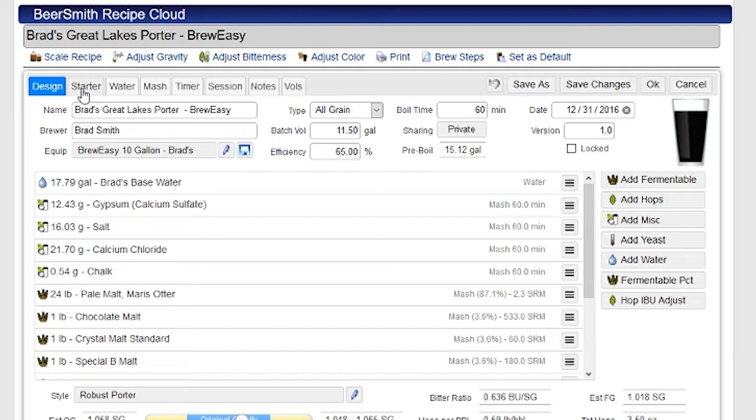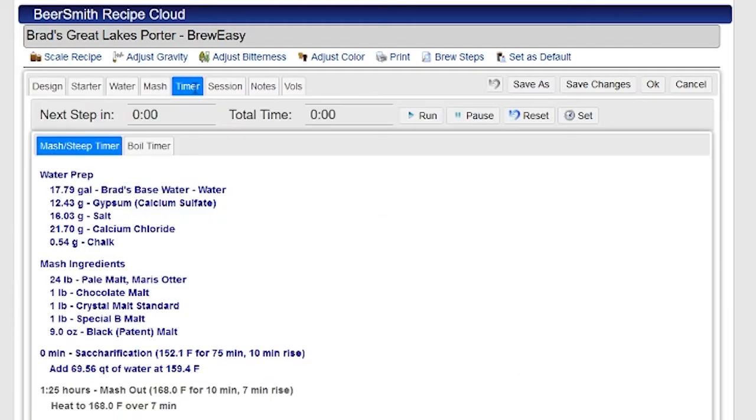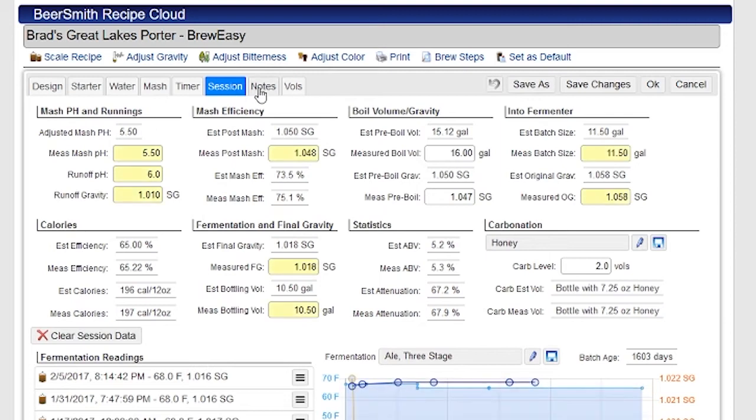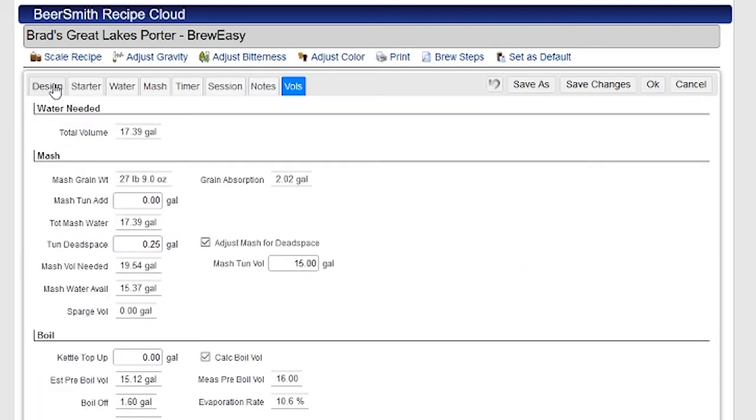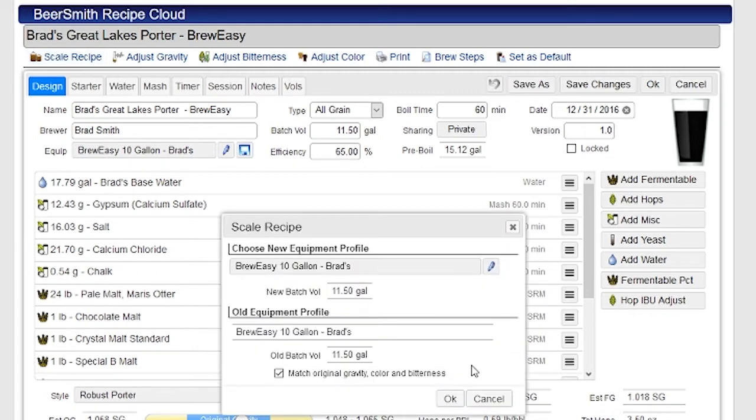Okay, so starting at the top, many of you are probably familiar with the different tab systems, and all the tabs are here. Basically the same as the desktop version, and I do have separate tutorials on each of these tabs that walk you through the details on how to use them. At the very top, we've got the menus. I'm sorry, the operations that you're probably familiar with for scaling a recipe, for example,